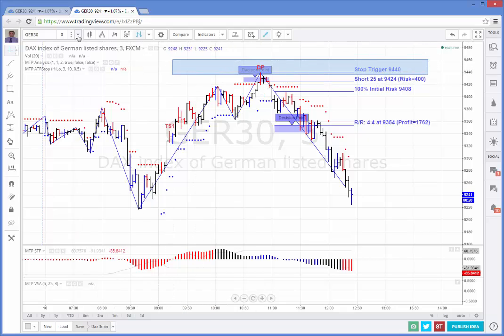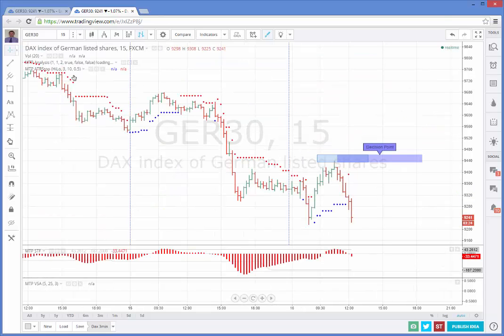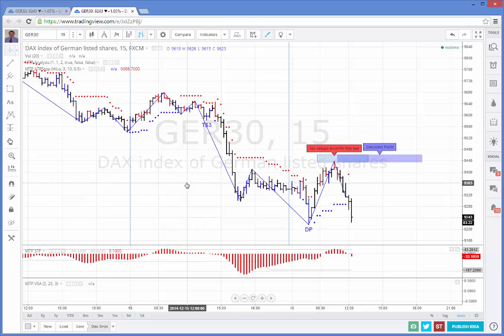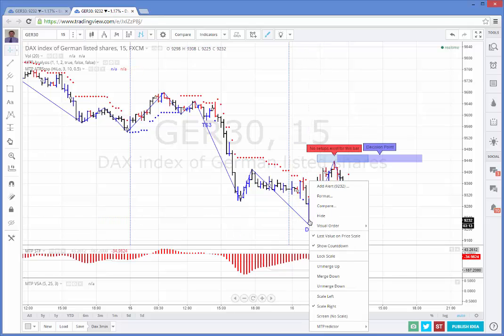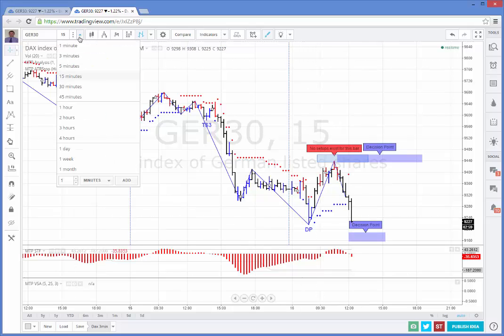If you're now more experienced, you could go back out to the 15-minute chart and look for a larger degree support zone where the market is likely to find support or resistance. For this, we go to our last pivot low, which is here, right mouse click, and again we place our DP on, and there it is. As you can see, it's actually in advance. It's on that chart before the market even got there, because this is unfolding in real time as I'm doing this video. So now when we go back to our 3-minute chart,